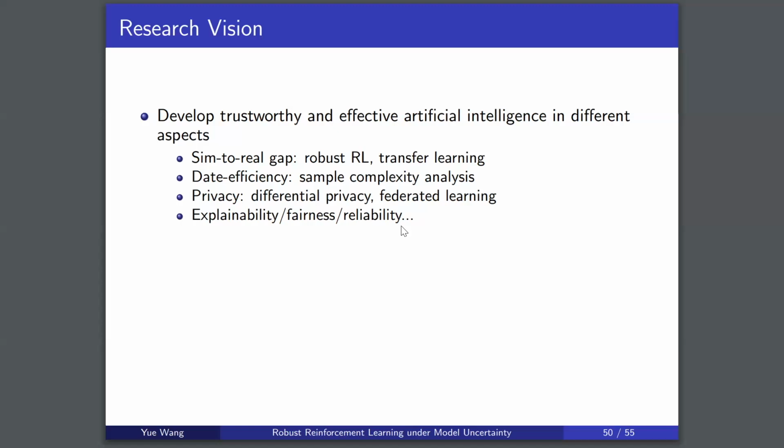And I will also study the trustworthiness of AI from many different aspects, including explainability, fairness, reliability, and so on. The ultimate goal of my research is to reveal the foundation of the AI system, instead of treating AI as a black box where we just feed it data and train the model. So I aim to study the fundamental structure of AI systems and develop trustworthy and reliable AI systems to benefit human beings to use this AI freely.